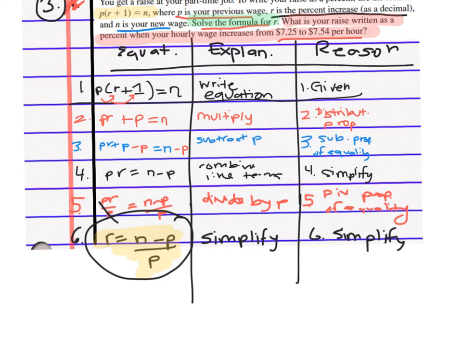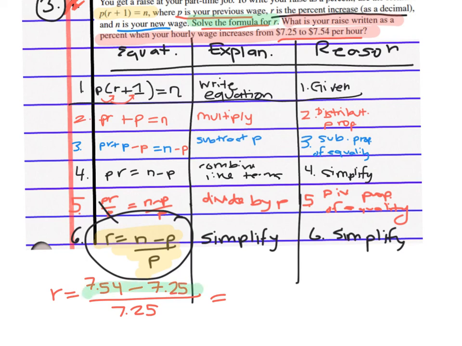All right, so let's put in what we know. So N is your new wage, so your new wage is $7.54. P is your old wage. Your old wage is $7.25. So this would not really probably be in Minnesota. These are below our minimum wage. Okay, divided by P, which is your previous wage, $7.25. Let's simplify that. So if we subtract $7.54 minus $7.25,